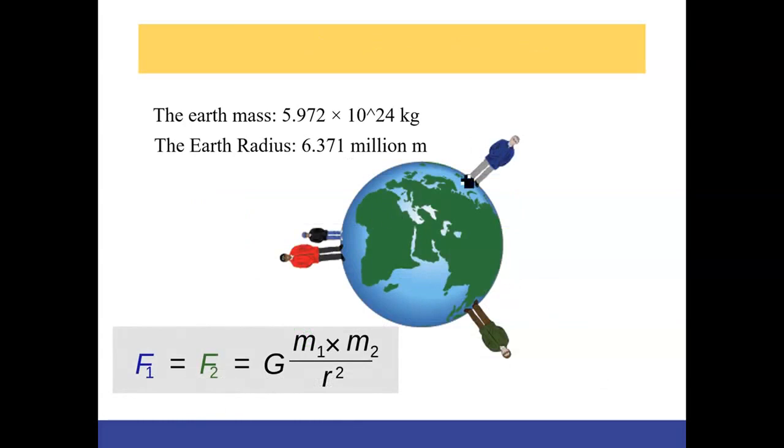Now that means if we consider the earth as one body m1, and a human as another body m2, then the earth applies a force on the human. Earth attracts the human towards it. If we substitute m1 as the mass of the earth, which is 5.97 × 10^24 kilograms, so it's significantly heavy, and the distance, which is the radius of the earth from here to here, 6.371 million meters, and if we also substitute the value of the universal gravitational constant,